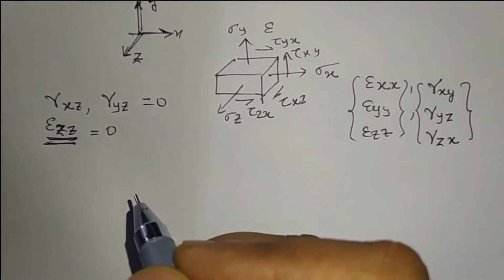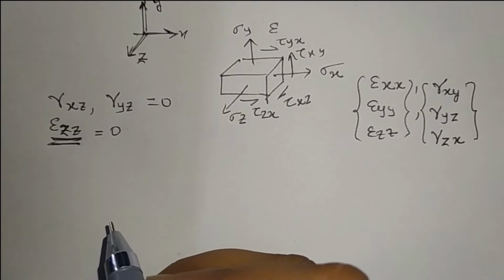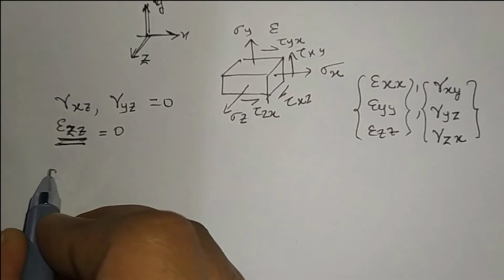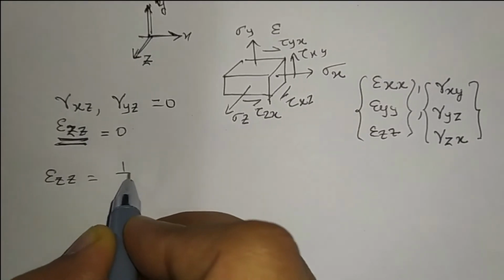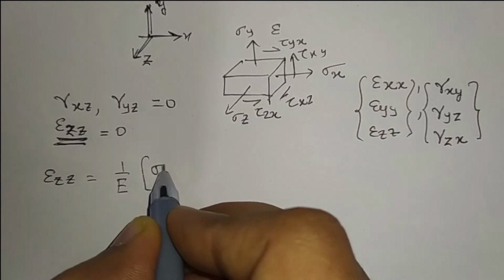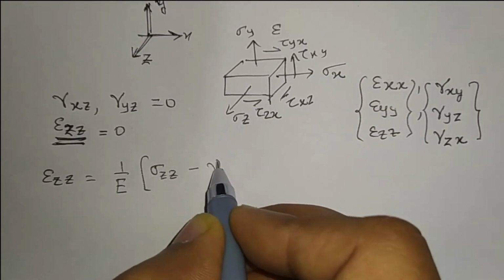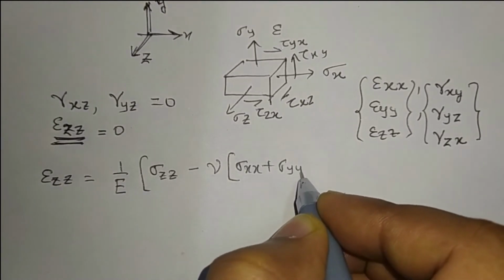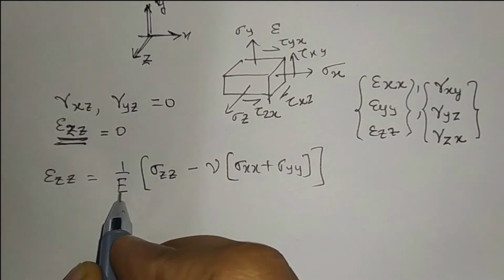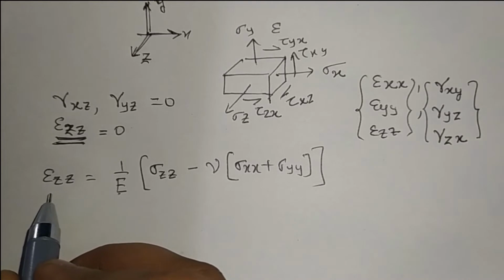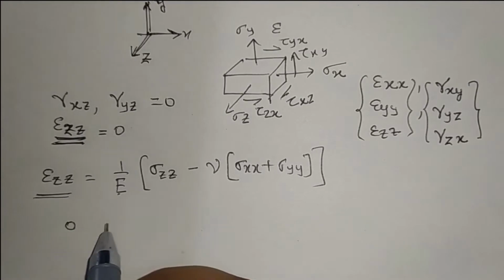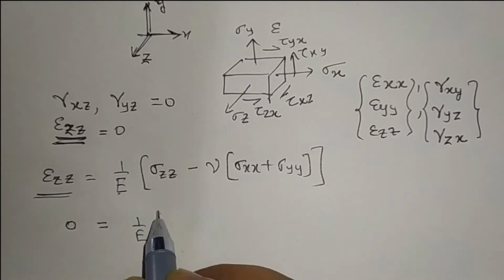Now we have to find the terms which are non-zero stresses. From the generalized Hooke's law equation, we know that epsilon zz equals 1 by E times sigma zz minus Poisson's ratio times the bracket sigma xx plus sigma yy. E is the Young's modulus or modulus of elasticity of that material. As it is plane strain, epsilon zz should be 0. So by putting 0,